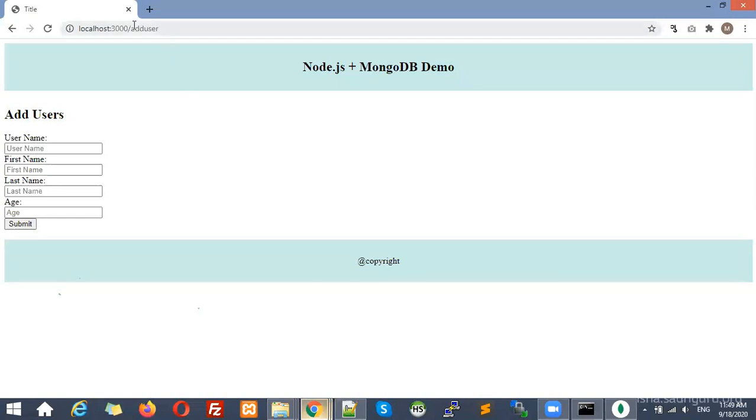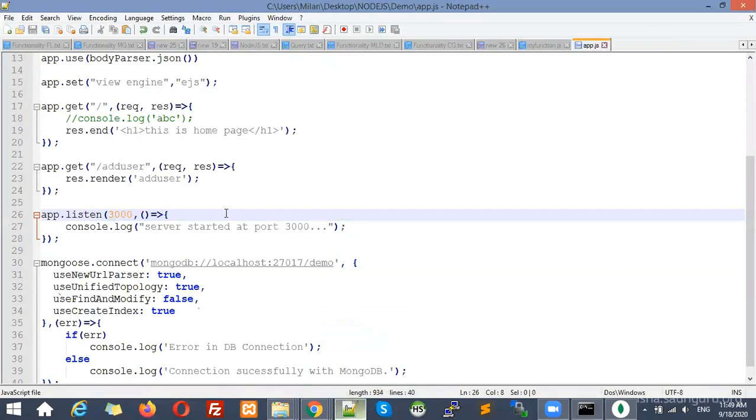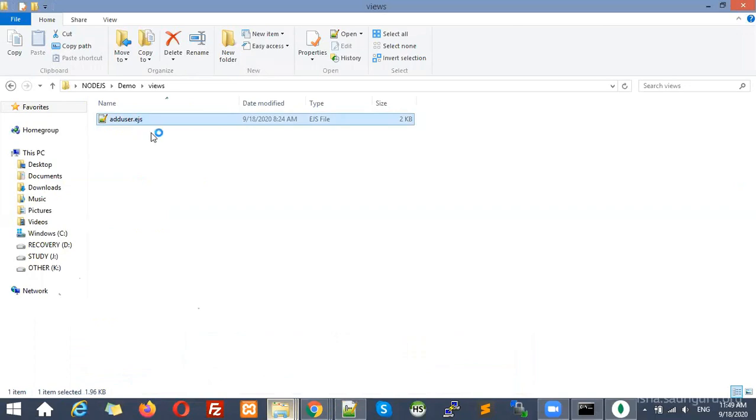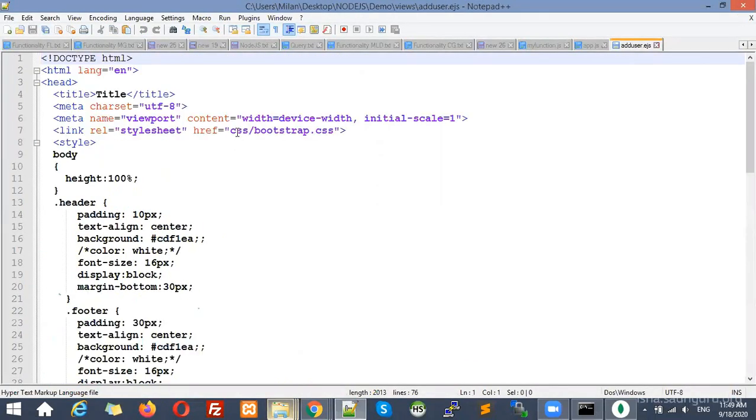The HTML content executed, but you see here we have given the name add user, and this add user is what this route is going to mention. If you type this URL in the browser, it will render this file. Which file? The add user file, and the add user file we already added in this folder. Now in this file we have used this CSS, but that CSS is not loaded, right?